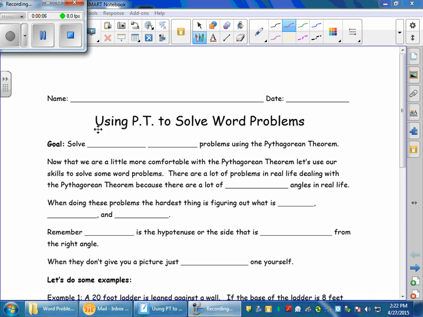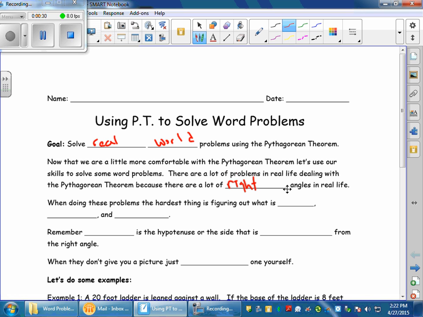Our goal today is we're going to be able to solve real-world problems using the Pythagorean theorem. Because now that we've gotten a little bit more comfortable with it, we're going to be able to do some questions like this. There's a lot of problems in real life dealing with the Pythagorean theorem because there are a lot of right angles